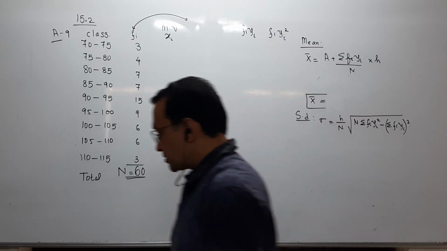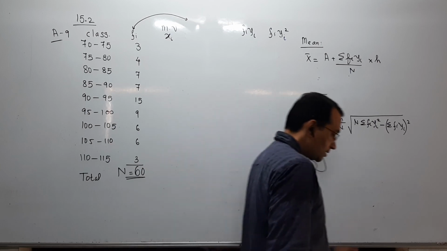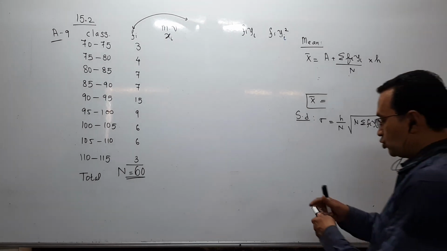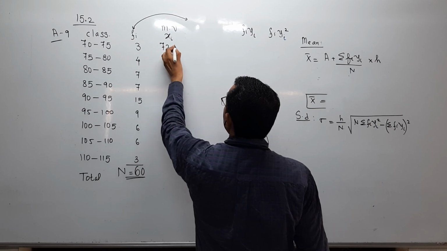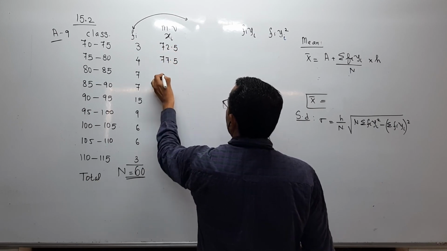Okay, students, we are computing the corresponding mid values. So the first mid value, 70 plus 75 by 2, will turn out to be 72.5. Then at a gap of 5, 77.5,